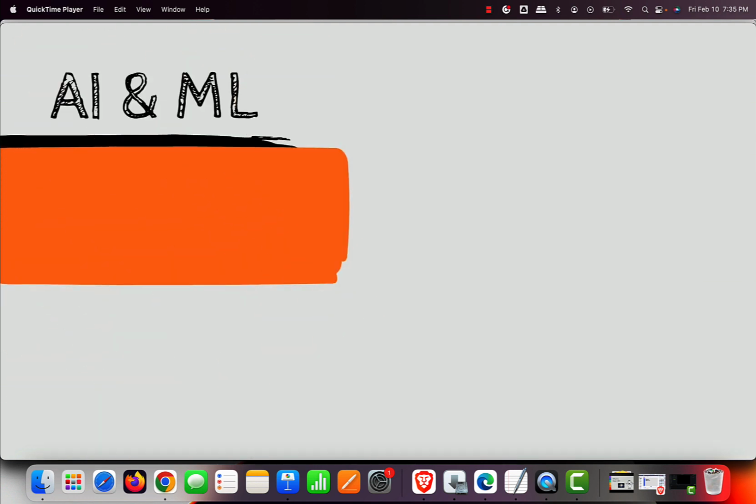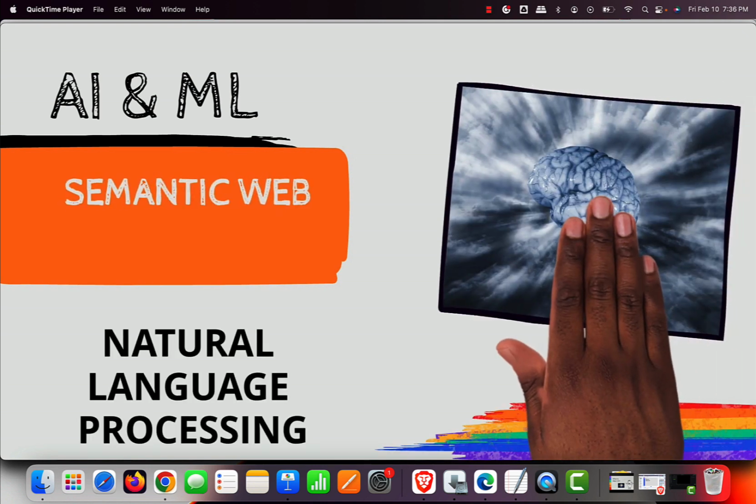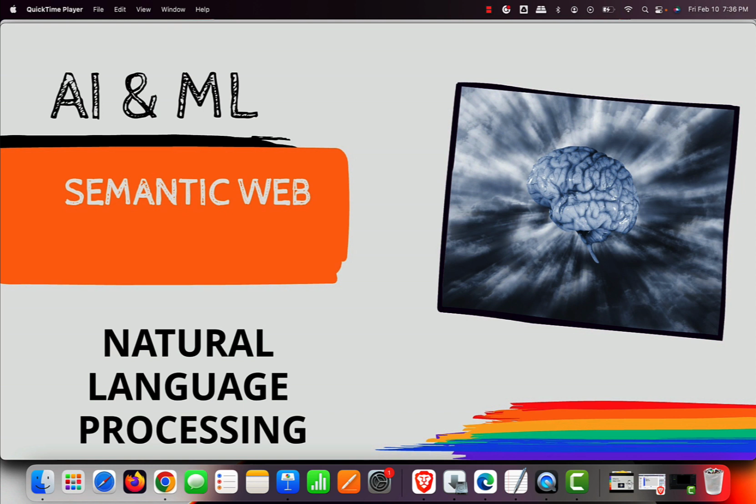The third pillar is AI and machine learning. Web 3.0 will be extensively built on AI and machine learning technology. What that means is computers will be able to understand language similar to humans through technologies based on the semantic web concept and natural language processing. Supposedly I wrote I love Disney or I heart Disney. You as a human will understand, okay, although I am writing I heart Disney, I meant I love Disney. But the machine in the current capacity could not. But with Web 3.0, machine learning is estimated to be so advanced that machines could also understand it, thus giving you better search results, hence enabling us to obtain faster and more relevant results.